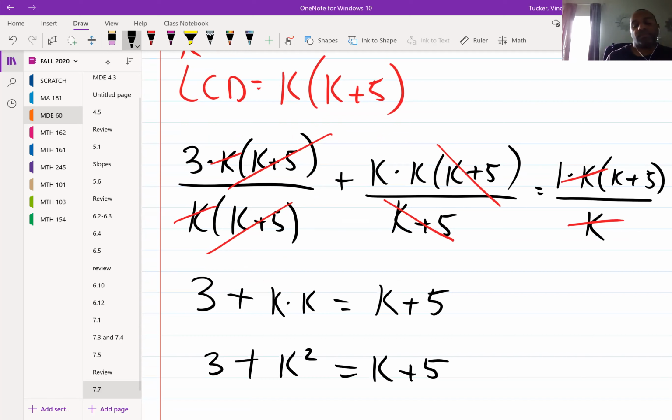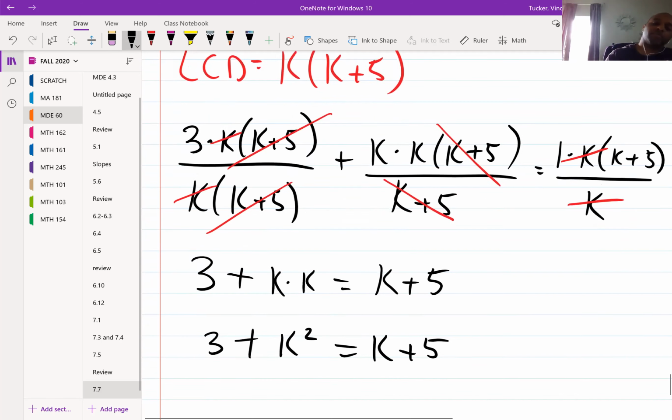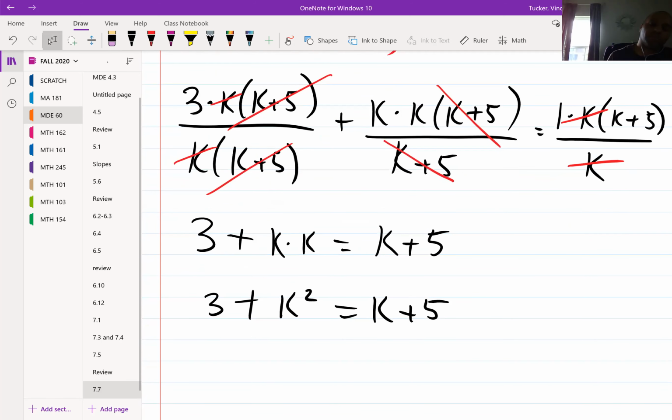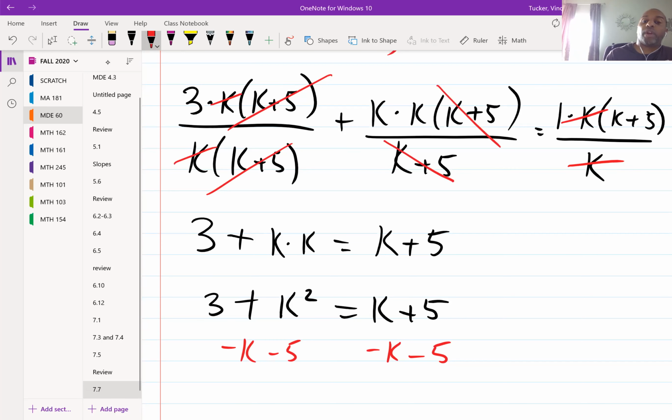Then I make that 5 a negative 5. So now we want to set one side equal to 0. We can go ahead and subtract the k as well. Wait, you say set to 0? I thought you move it over first. Right. Well, when you say I'm going to set one side equal to 0, that lets you know the process that you're taking. So now you're going to subtract 5 and subtract k,